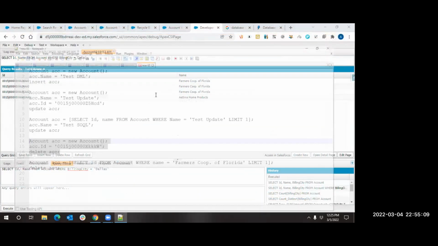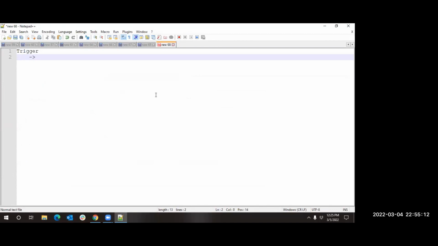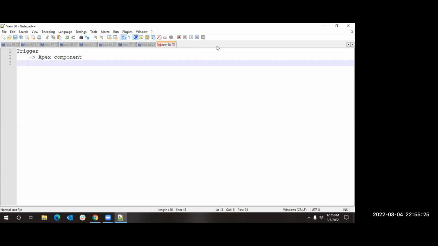Then, what is a trigger? I do not have any presentation for triggers because I want to make this more of a hands-on session. For every scenario I try, I will just write it in my notepad. So what is a trigger? A trigger is an Apex component. What is it for and why is it for? A trigger is an Apex component that gets executed automatically. You're not going and calling a specific method, you're not telling the system to call this, and you're not clicking on a button. A trigger is something written in Apex, so we call it an Apex component, and it gets executed